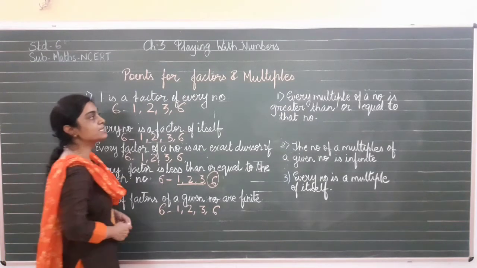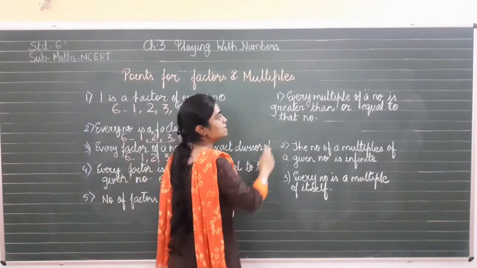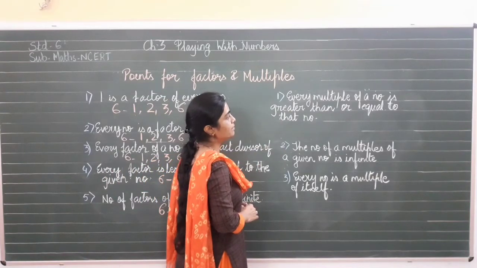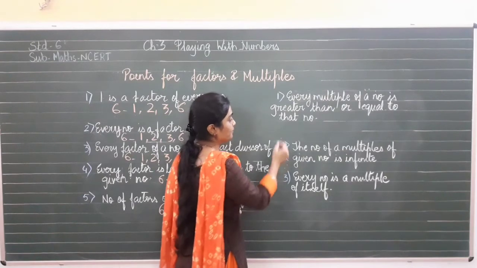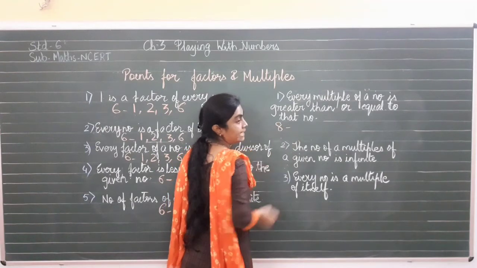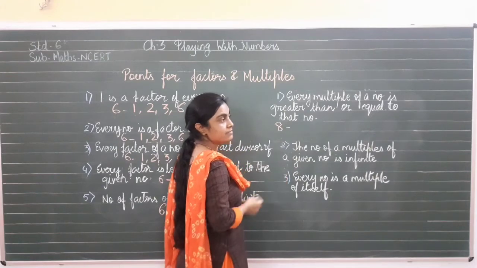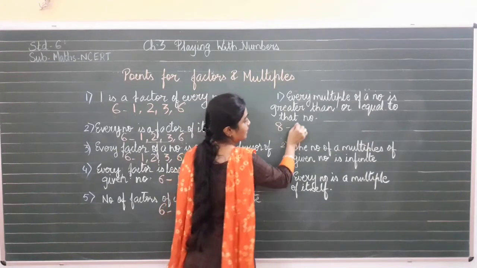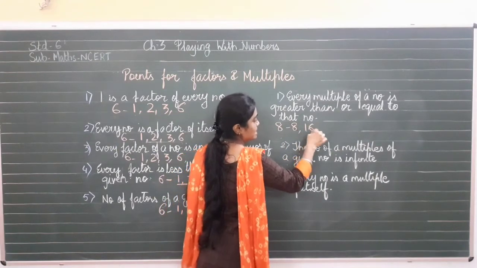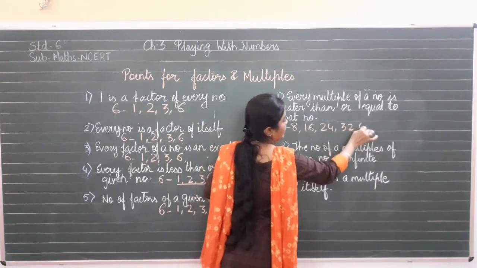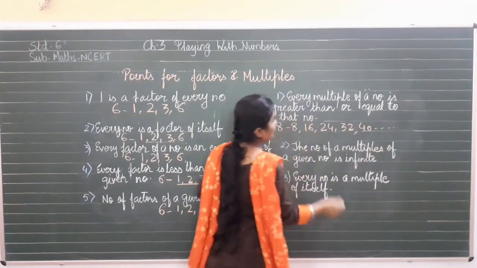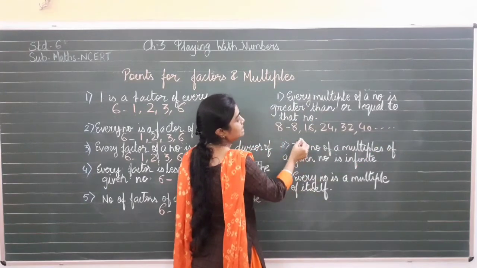Now we will see the points for multiples. First point, every multiple of a number is greater than or equal to that number. We will take an example, 8. Multiples of 8, that means we will write down the table of 8. 8 ones are 8, 8 twos are 16, 8 threes are 24, 8 fours are 32, 8 fives are 40, and so on. Now every multiple of a number is greater than